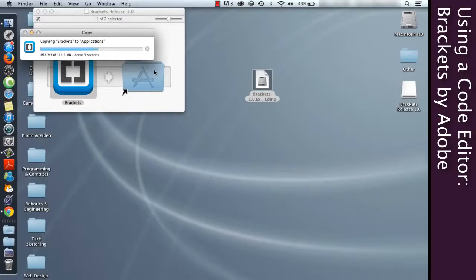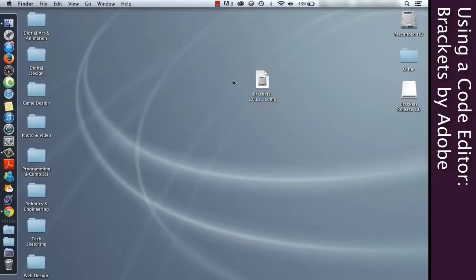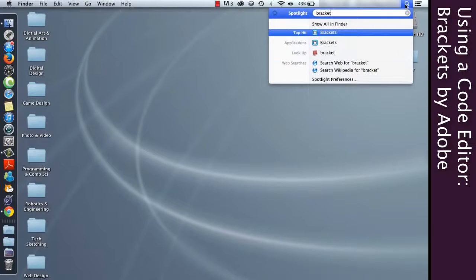It's a fairly decent size to download, but I mean, it's not really too bad. 114 megabytes, and the extractor is even smaller. Actually, it was around 40, so that's pretty decent. So it is pretty lightweight, doesn't take up too much memory, doesn't take up too much RAM. And so now we can launch it.